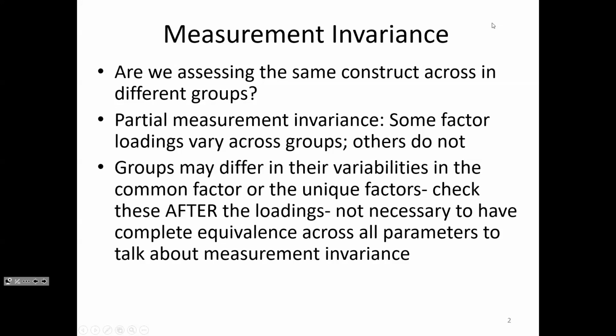And also, the other tricky issue is, I think we touched on this last week, you might conceptually really want to look at invariance across some variable where you just don't have enough information, right? So, like, you could say, I collected this data from UConn students, and before I go forward and do my study, I want to look at invariance across race. And then you look at your sample and you discover you have 300 people and only 20 people are African American, right? And so you're sunk. You don't have enough people to look at measurement invariance across race there.